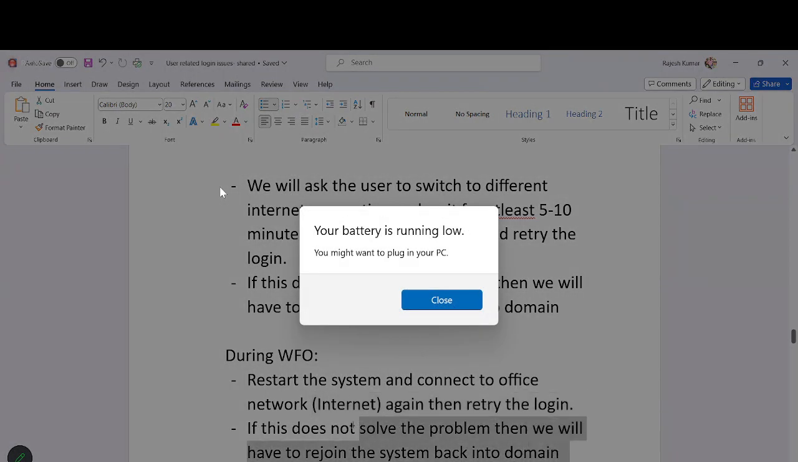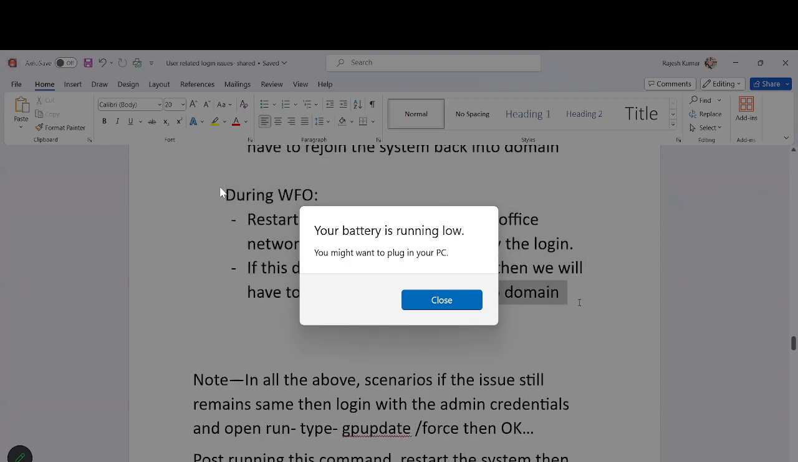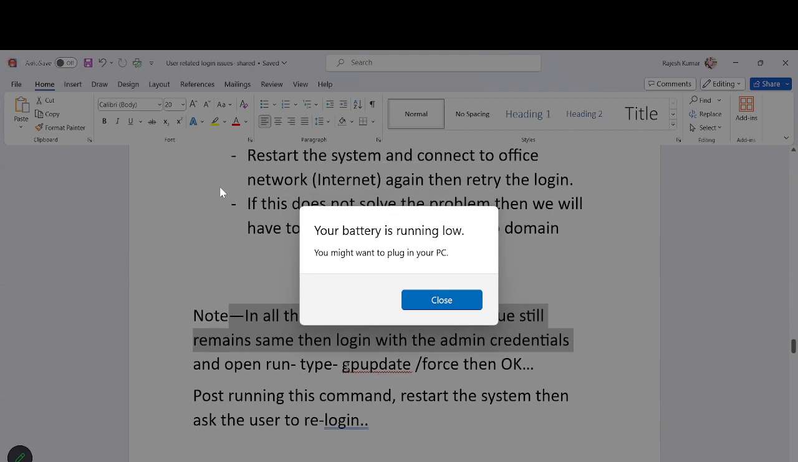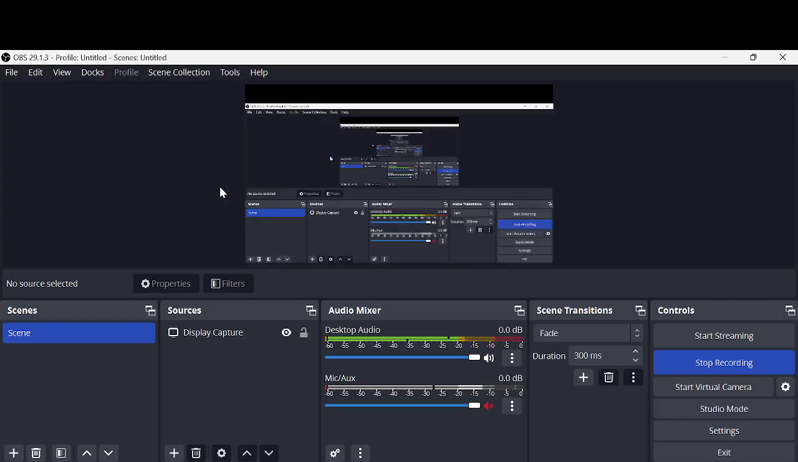After following this method, still there is an issue. After rejoining the system back into domain, still there is an issue. Log in with the administrator account into the laptop or desktop. Run this command, gpupdate /force. After running this command, restart the